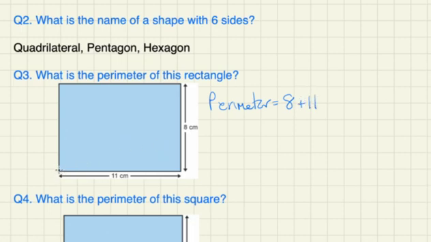And although these are not marked, because it says here it's a rectangle, then these sides, opposite sides, are equal. So we have another 8, and we have another 11. And when you add all of that together, it should give you 38